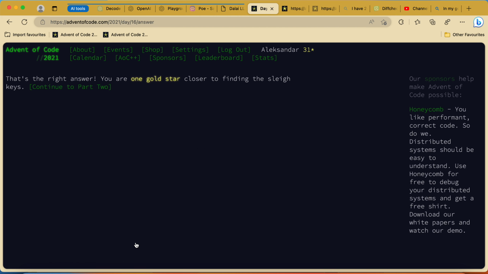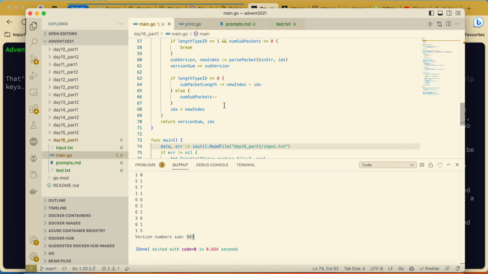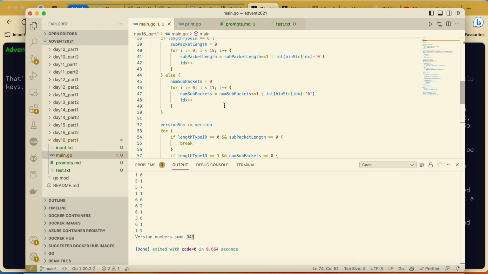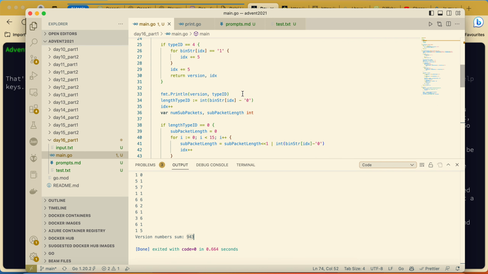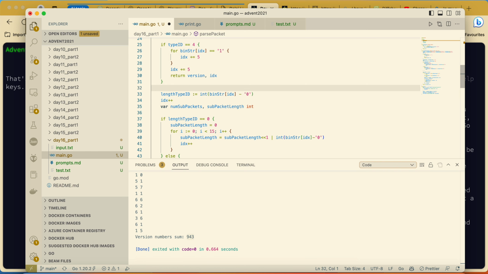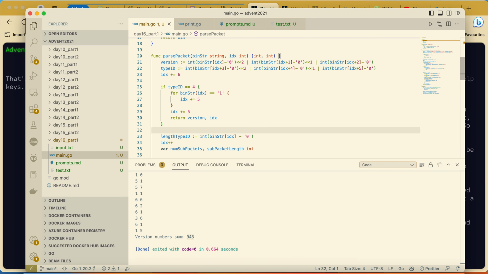Okay, that solves our task for day 1. Let me simply delete the print and see how it's running. Okay, perfectly fine. Let's see how part 2 will be.